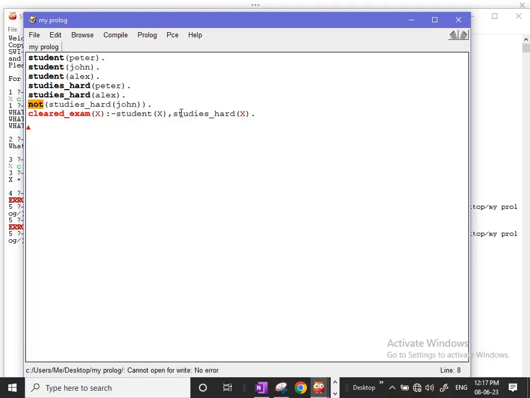But in the first place, this not predicate should not be used in an isolated way. It has to be always used with colon and dash. That's called only. If you use it in the